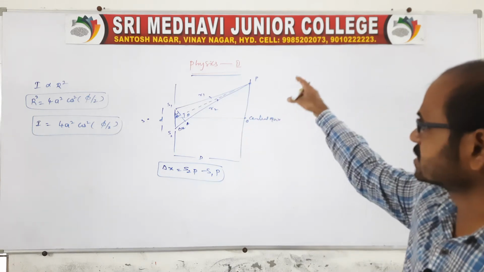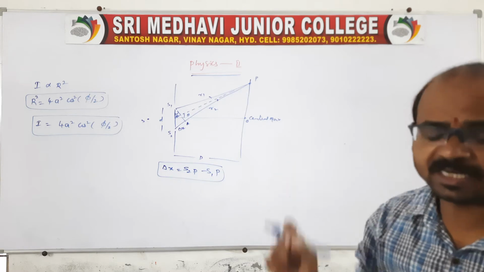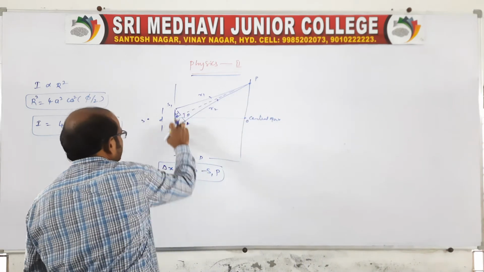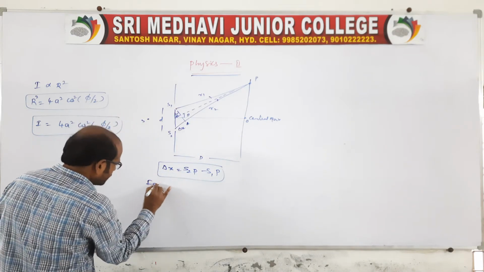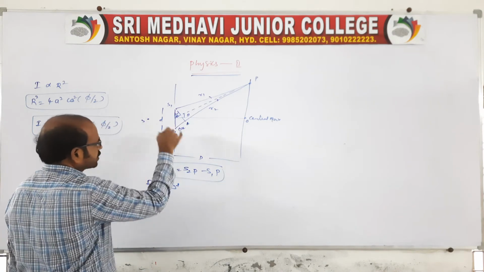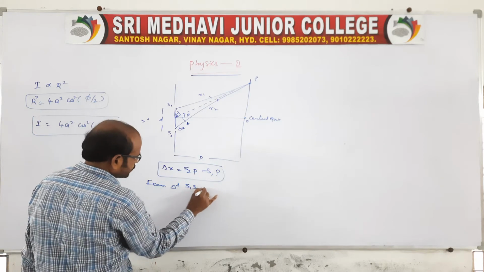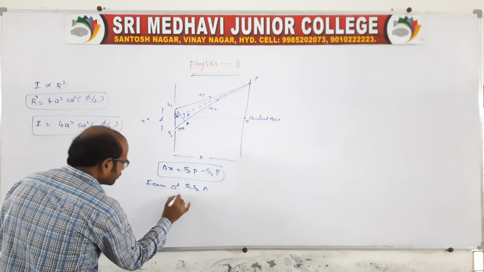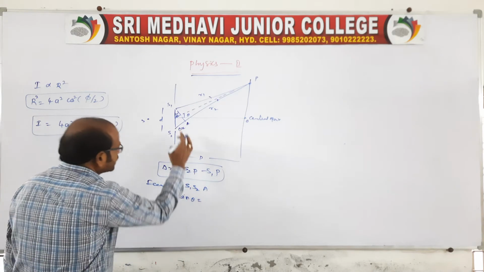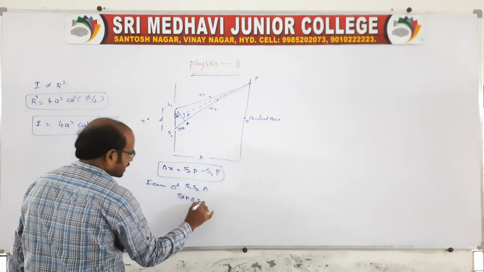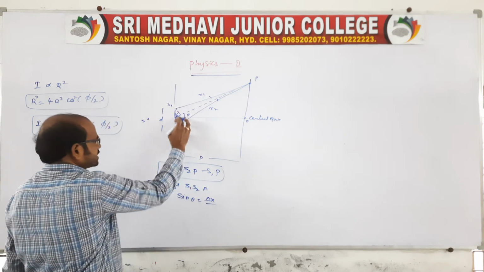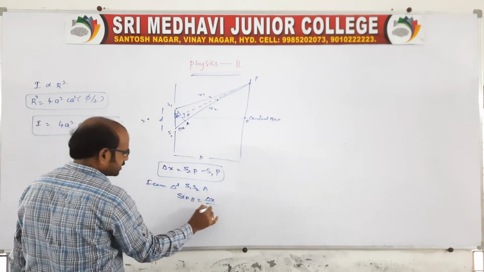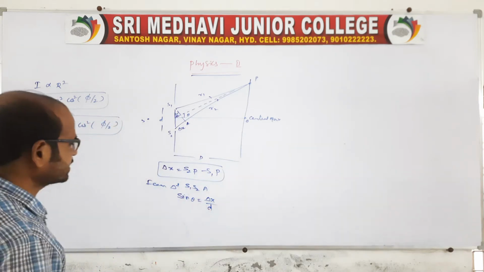At that point, we have to derive the condition for maxima and the condition for minima. Here you take a triangle. Concentrate, everyone, this derivation is for 4 marks: S1, S2, A, or else you can take other letters, no problem. By using this, you write sin theta is equal to opposite by hypotenuse. The perpendicular, opposite to theta, is delta x, and the hypotenuse is d. So we can write sin theta is equal to delta x by d.